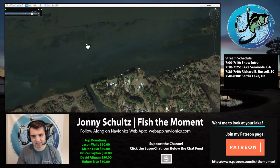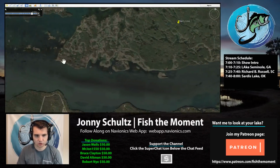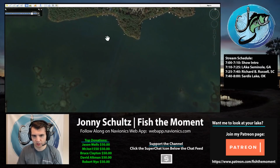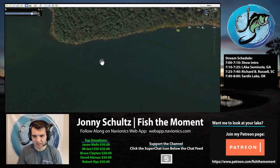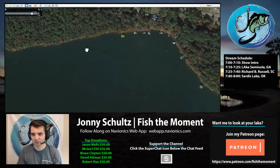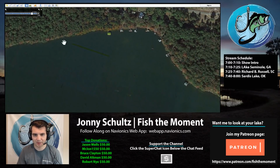He may have been casting his chatterbait down in this little ditch, catching some fish. And it also showed that he was fishing some of these areas back up over here, kind of like we were showing earlier, and just fishing some of these main lake banks on the inside grass line. There's some grass that winds all the way up and down this kind of pocket in here,